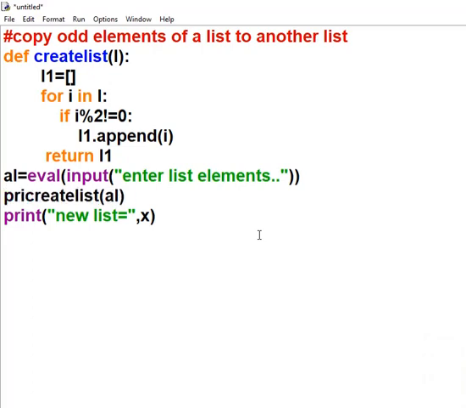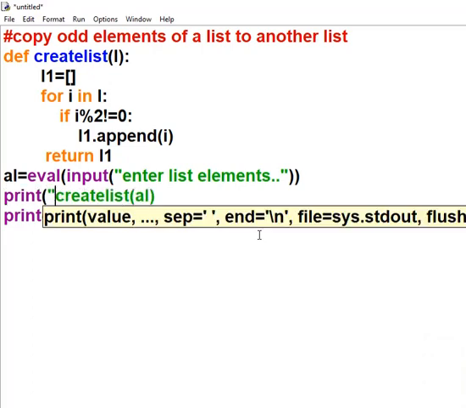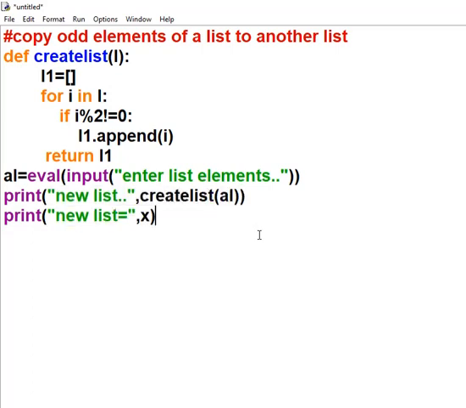Or you can directly write print new list. This is another method. You can either write this statement, or you can write x is equal to create list, passing the value al.